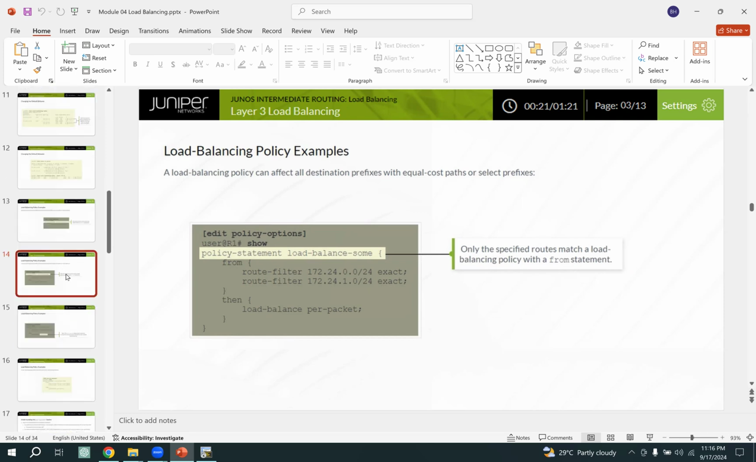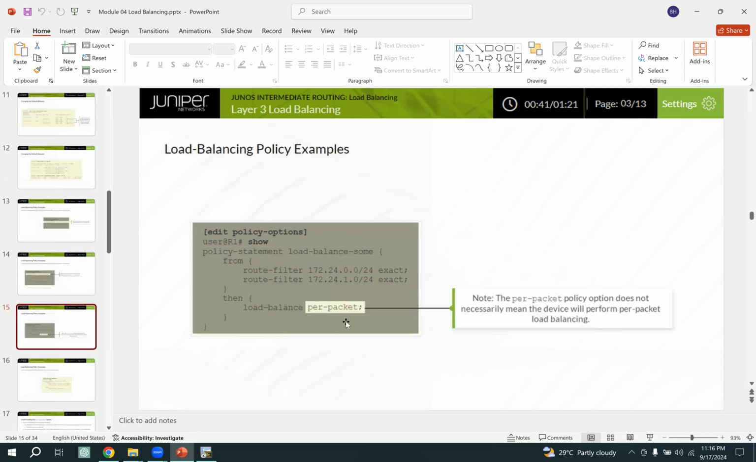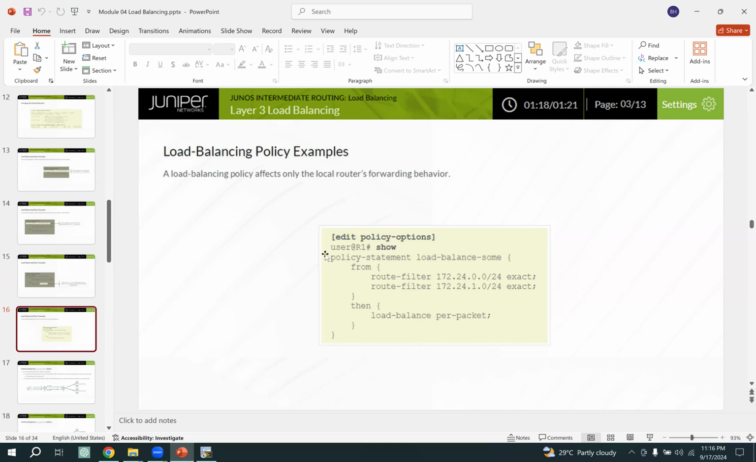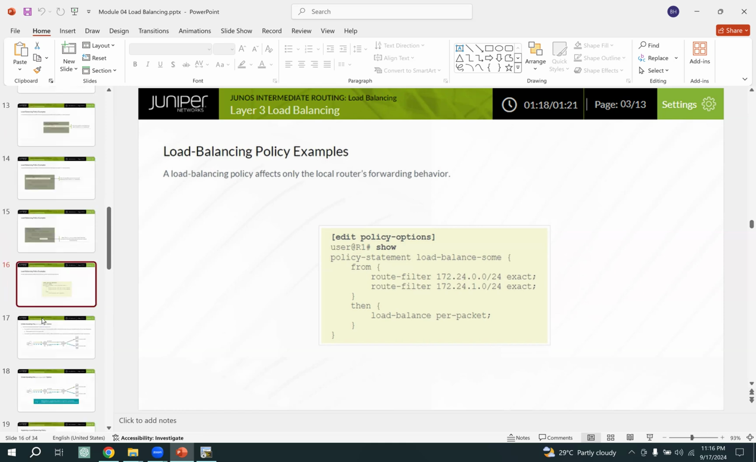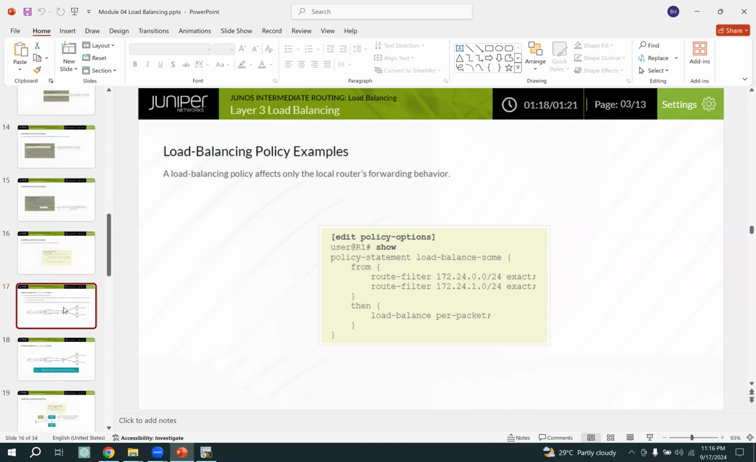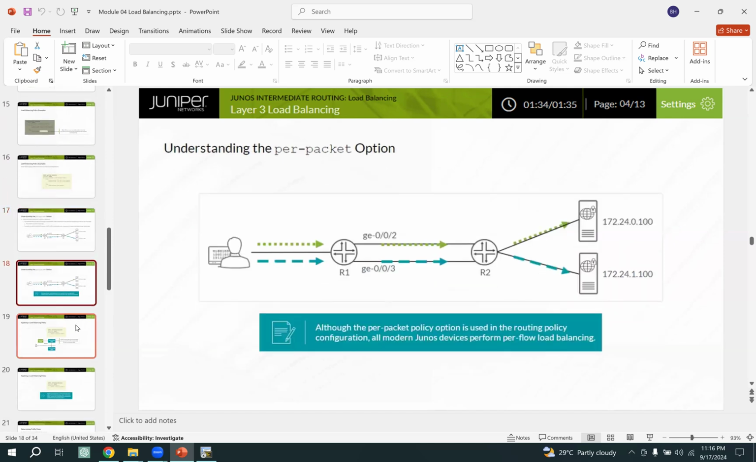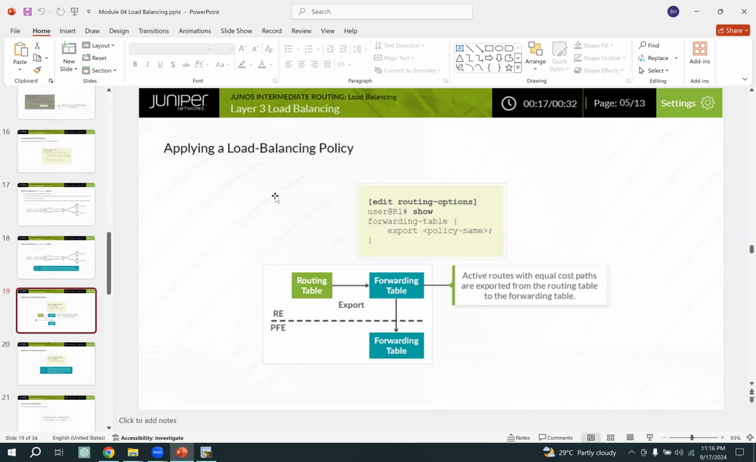Then step 2. This is step 1: create a policy. You can load balance all prefixes. You can load balance your specific prefixes. This is the example. So next one is